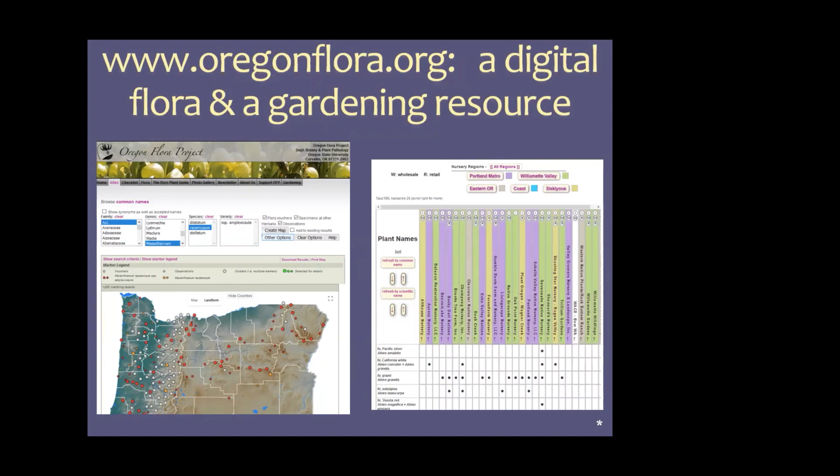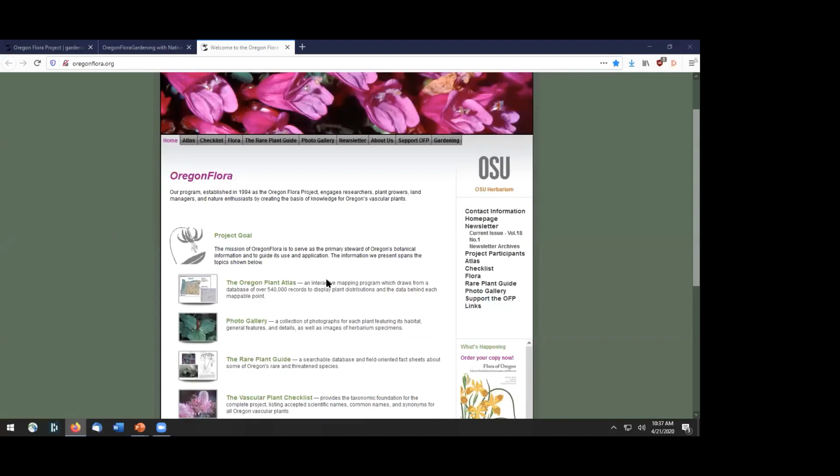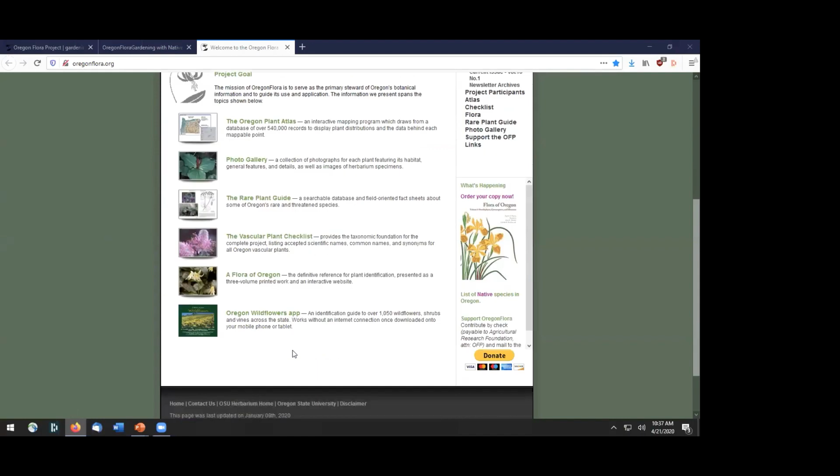Not only do we prepare a book, but we also have a website. And this is our current website, OregonFlora.org. I'll go real quickly through this because I really want to show you what we're working on right now. We have a number of tools, a mapping program, a wonderful photo gallery,